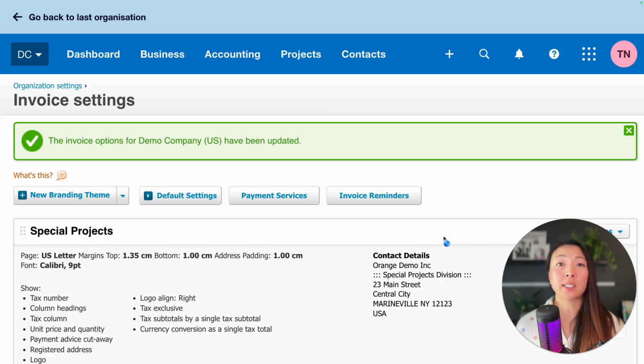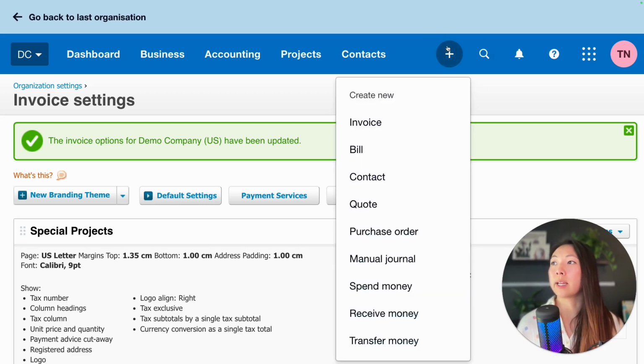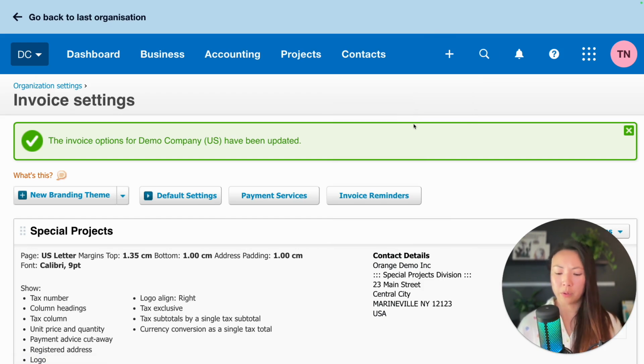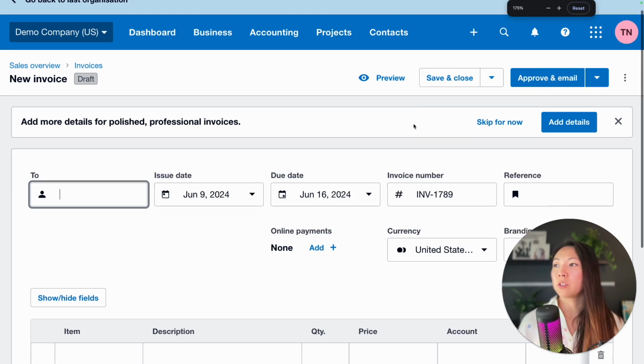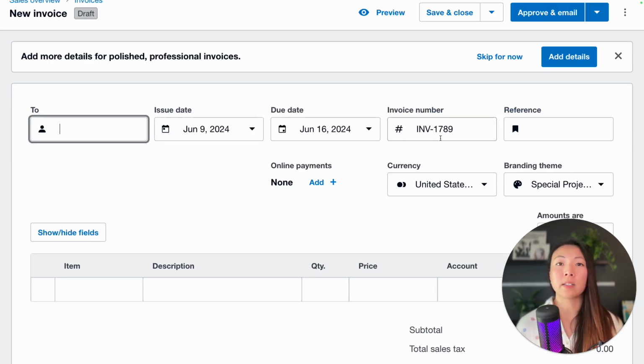And if we want to give it a test, let's go ahead and create a new invoice using our quick create option. And zooming out just a little bit, you'll see now that the invoice number is 1789. And also we changed the default due date from 14 days to 7 days. So if the issue date is the 9th, the due date is going to be the